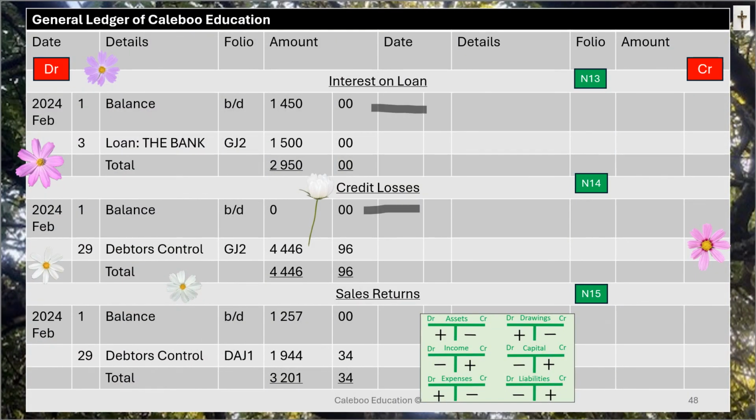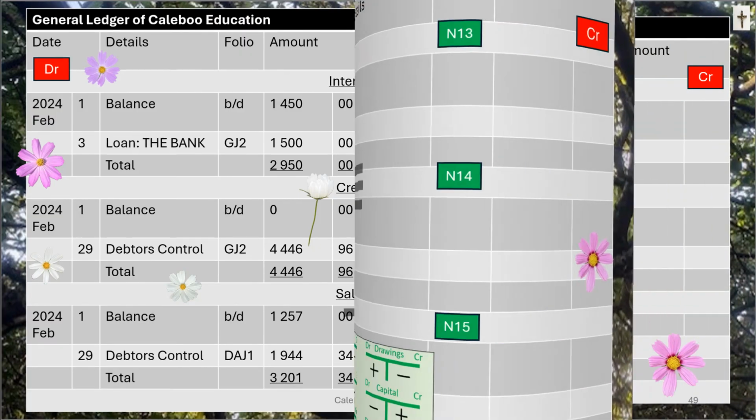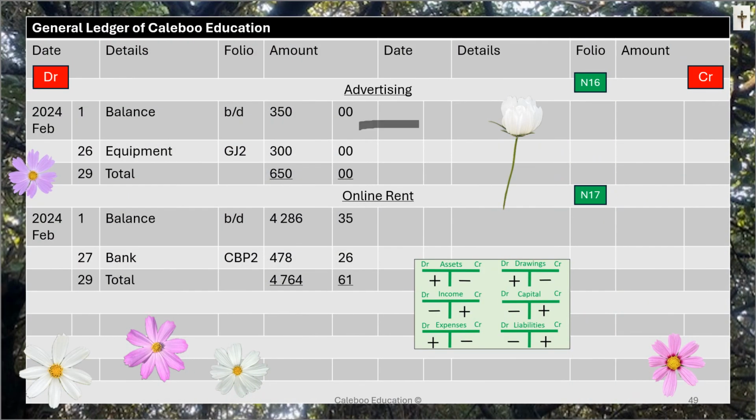Interest on loan, credit losses, which is another name for bad debts, it's an expense. We've written off debtors, accounts receivable. Sales returns, we've debited sales returns. Advertising, expense and expense. So those are all the general ledger accounts of Calibre Education until the end of February,